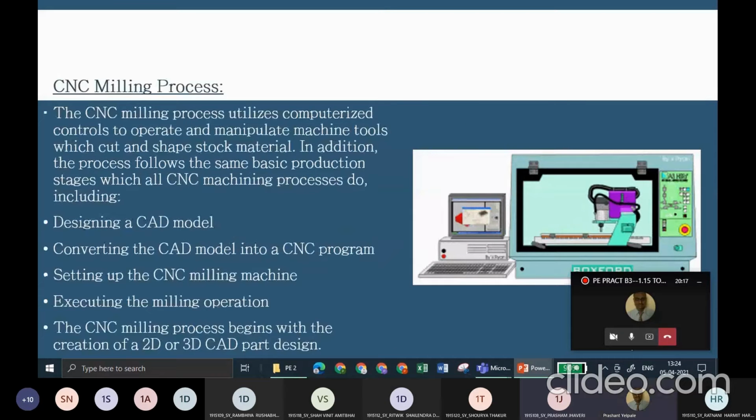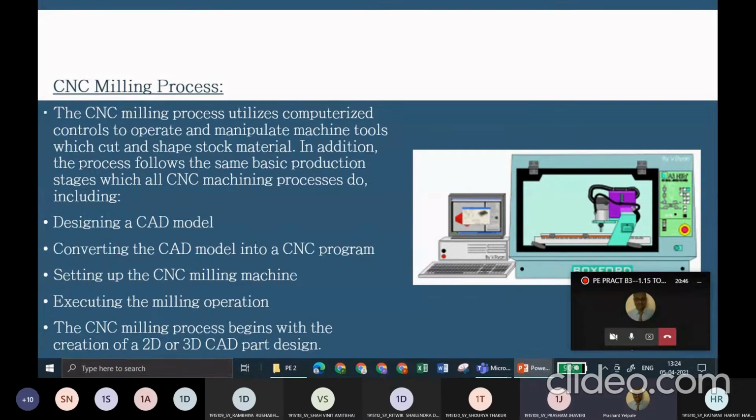CNC milling machine, as the name suggests, means computerized numerical control. It uses computerized controls to operate and move the machine tools. The basic process required to cut your material through this CNC milling machine is that first you have to design the CAD model of your part, and then you have to convert it into a CNC program.